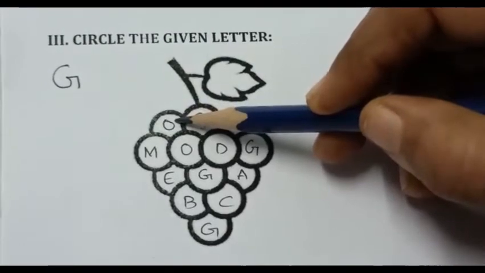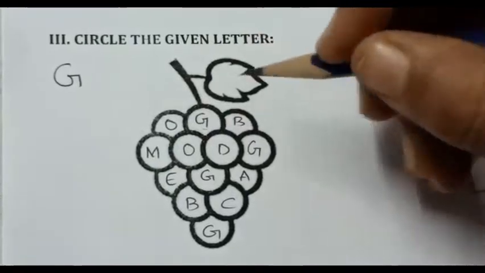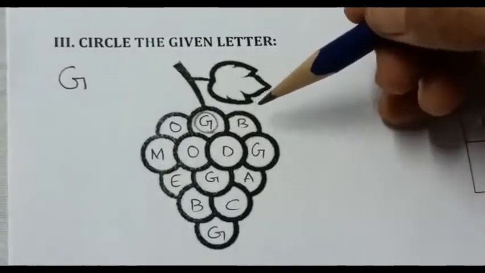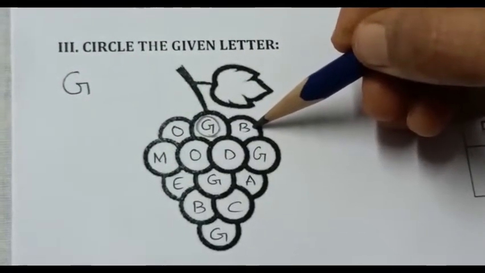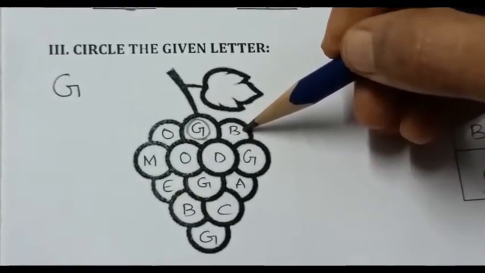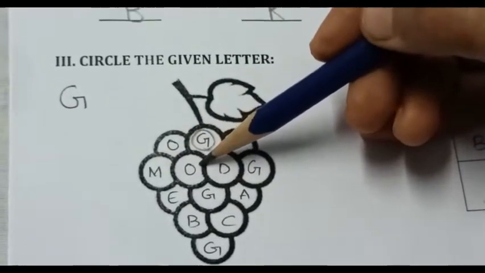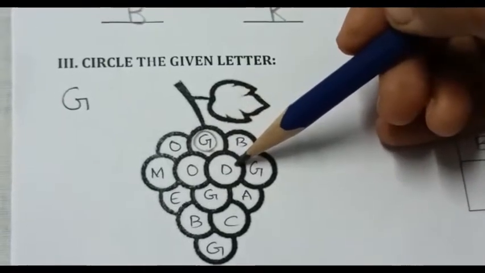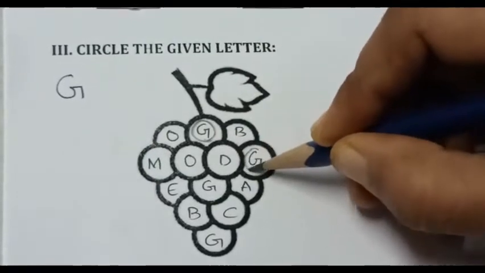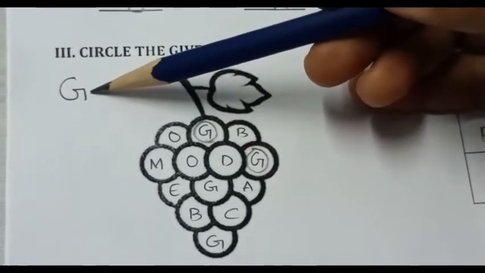Okay, so can you all see this? Is it letter G? No. Is it letter G? Yes. So what are we supposed to do? We are going to circle letter G. Now what is the next letter? Is it letter B? It's letter B. So are we going to circle it? No. Is it letter G? No. Yes. So we are going to circle it again. We just have to find and circle letter G.